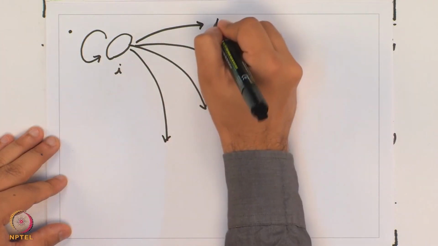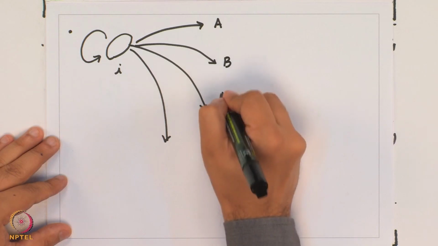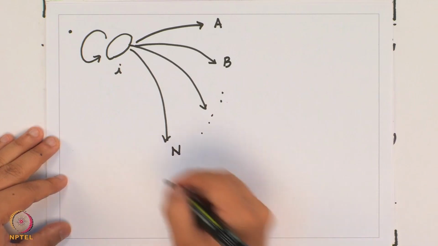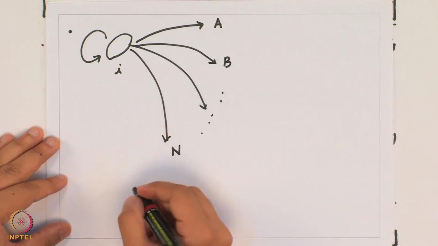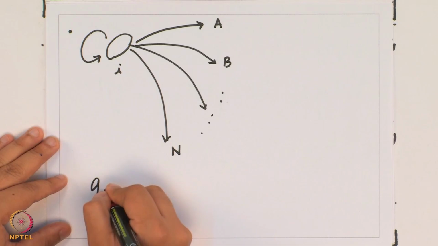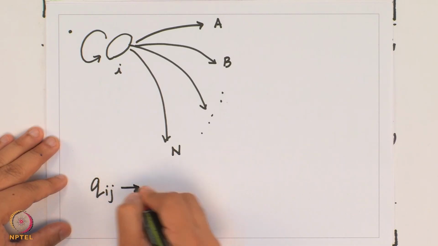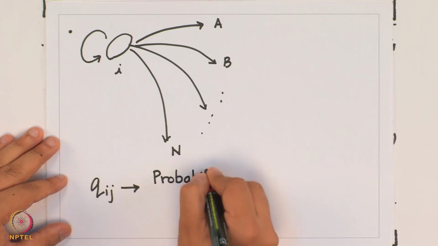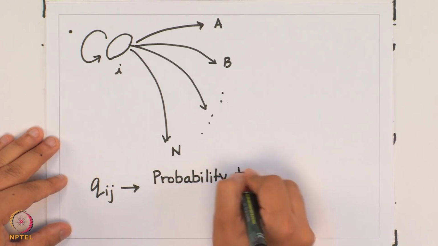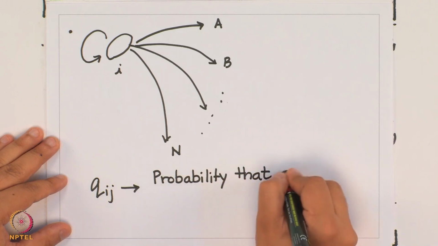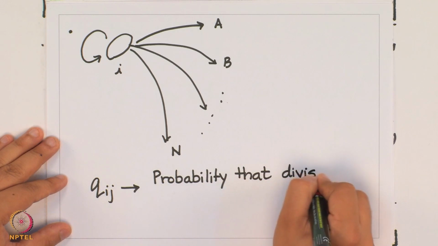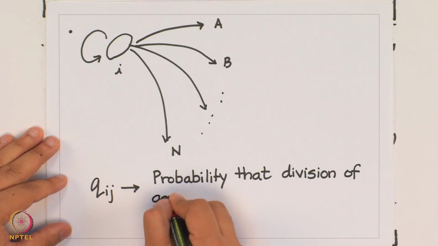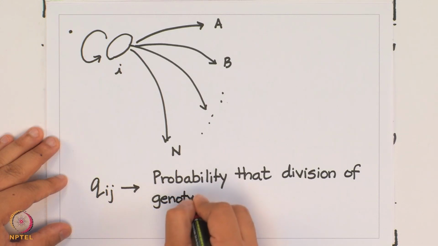It could have genotype A, it could have genotype B, and so on and so forth, going all the way up to genotype N. To represent this mutational effect, we define a variable Qij, which is the probability that division of an individual which is of genotype I